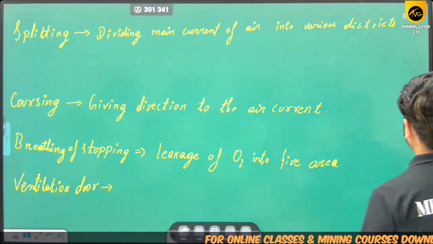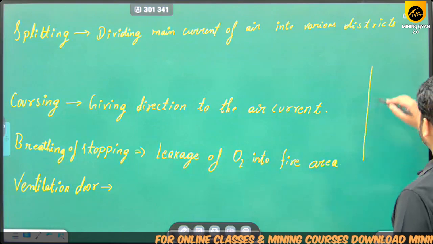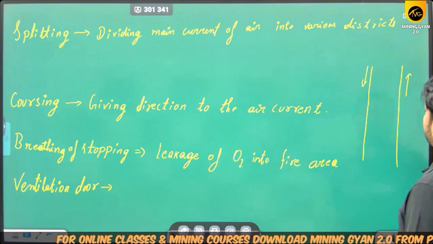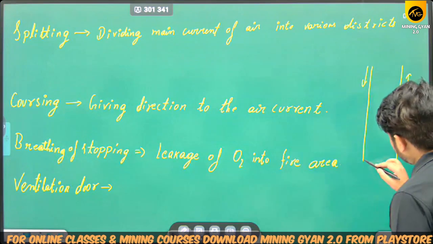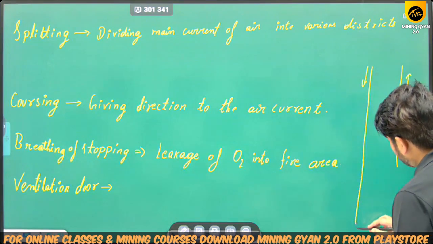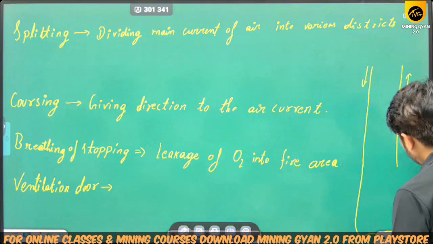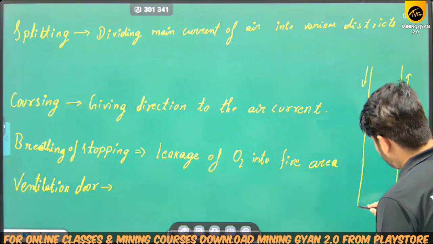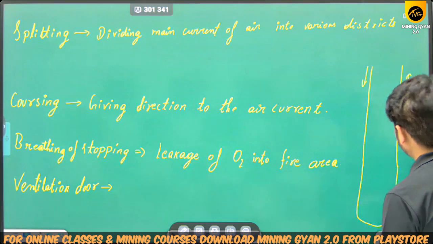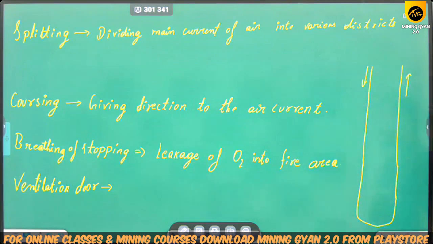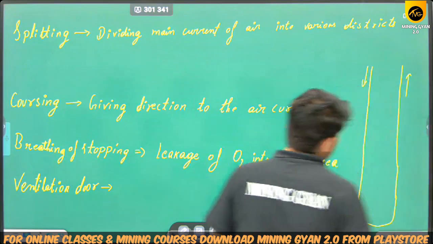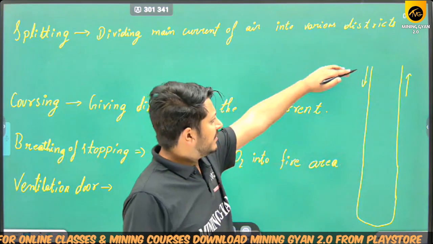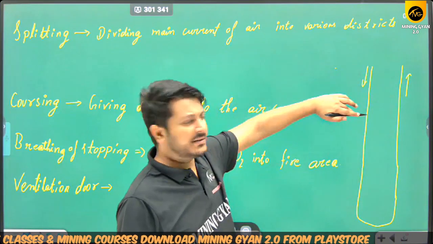Suppose that this is your mines, this is your intake, and this is your return. Okay, and they are connected somewhere over here, somewhere over here. Okay, if you are entering from here, then in that case